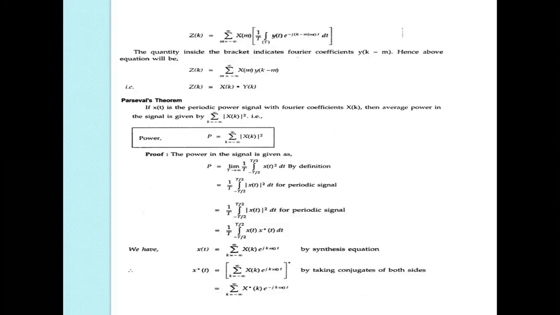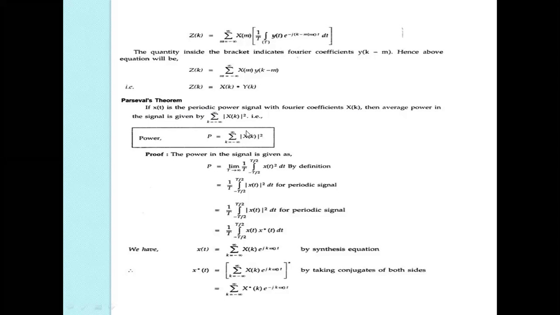is Parseval's theorem. If x of t is a periodic power signal with the Fourier coefficient X of k, see, the Parseval's theorem statement says that x of t is a periodic power signal with the Fourier coefficient X of k, then the average power in the signal is given by, the average power P is equal to the sum of k equal to minus infinity to infinity, the squared magnitude of X of k,